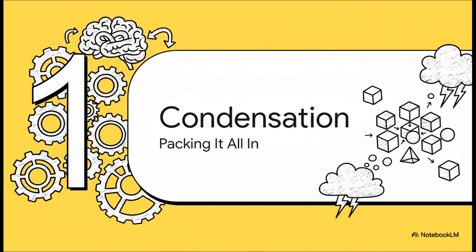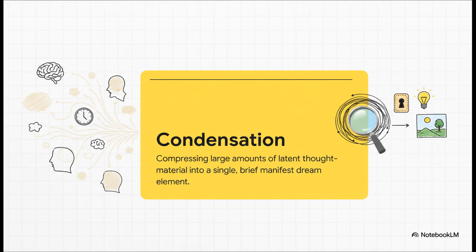So what's the first major tool the dream work uses? It's a process called condensation, and it is all about ruthless, incredible compression. To put it simply, the dream you remember is always a radically shortened version of what it's really about. The dream work takes these huge networks of thoughts, memories, and feelings and just packs them down, squishing them into a few potent, highly charged images or moments.